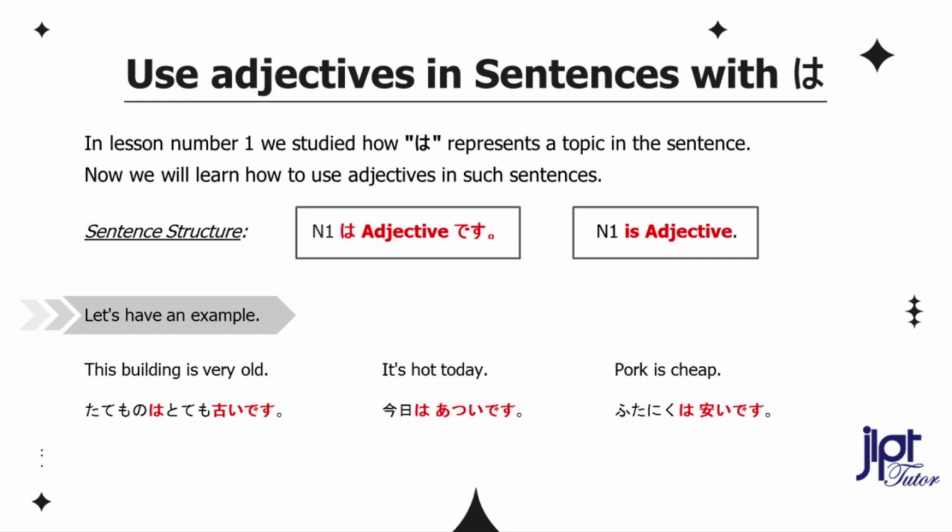建物はとても古いです。It's hot today. 今日は暑いです。Pork is cheap. 豚肉は安いです。